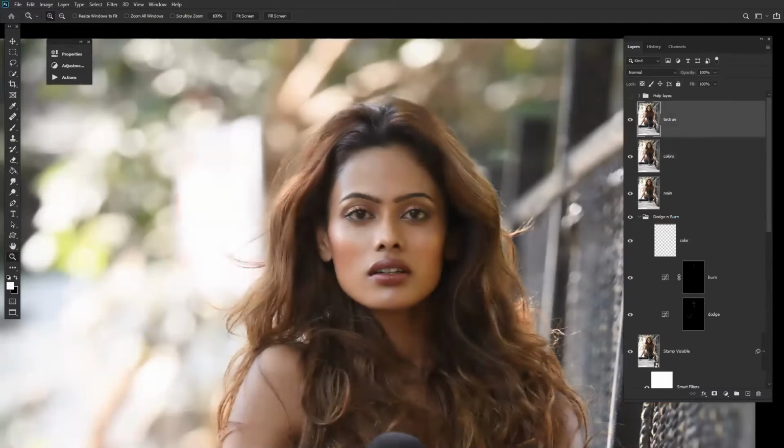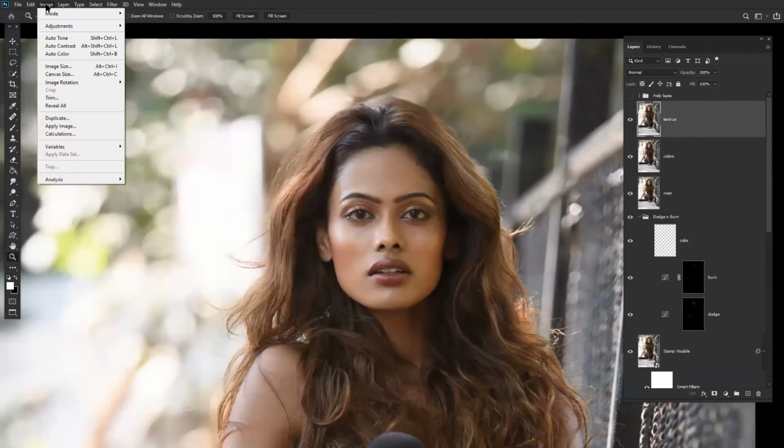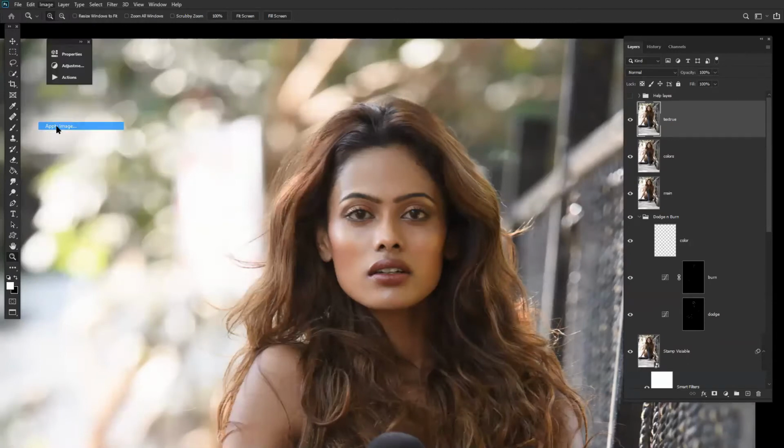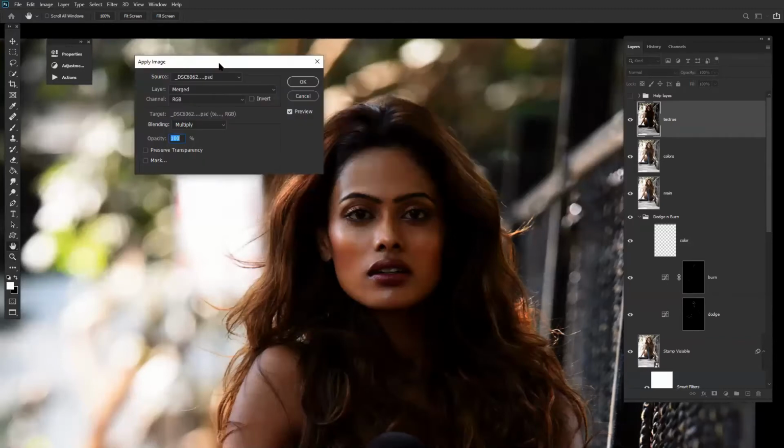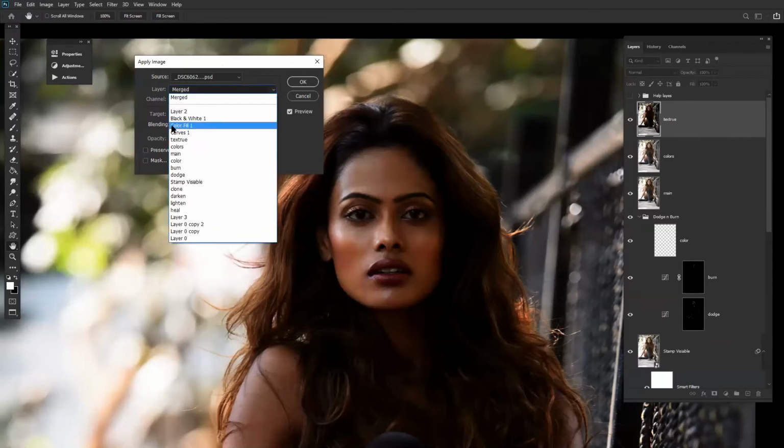The texture layer, we have to select, we have to go to apply image. Normally it comes like this, apply image, where in the merge layer we have to take the color section, colors which we have written just below the texture layer.